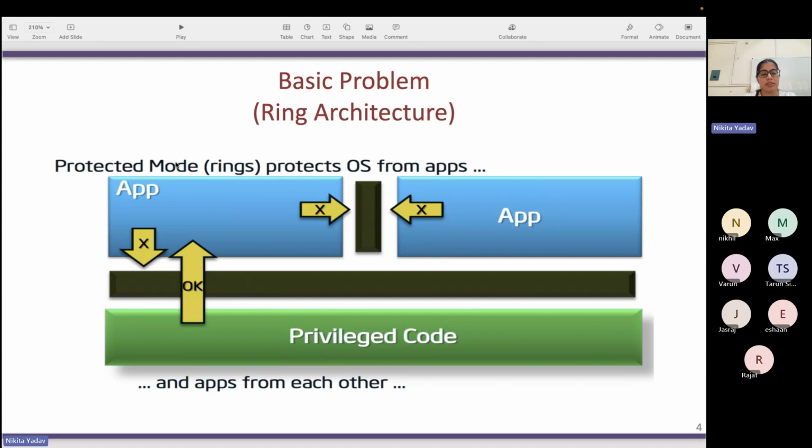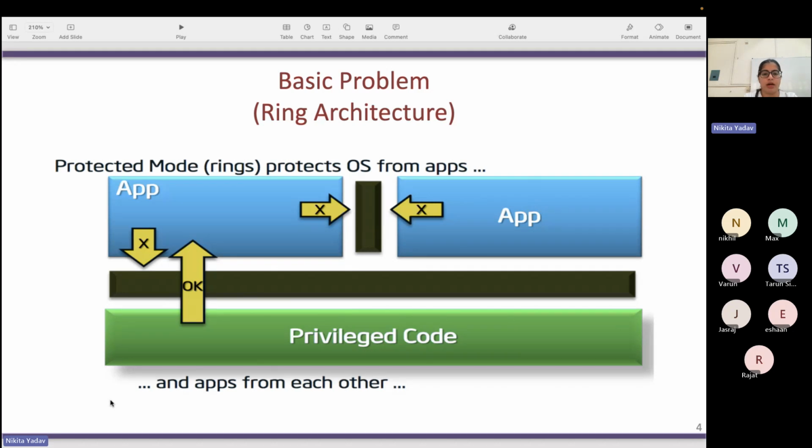Because of these execution levels, or protection rings, the applications cannot access the OS. They cannot even access the hardware directly, because only the privileged software can